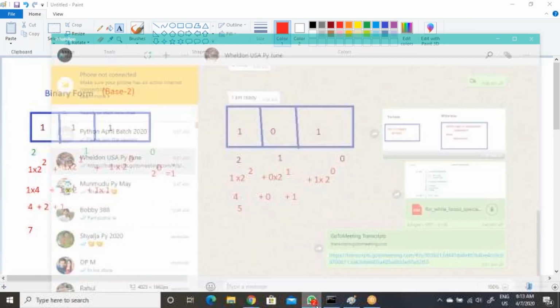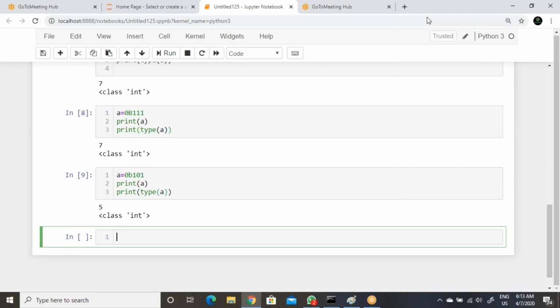Now let's see. The next method we have is octal form. Okay, so octal, the name represents itself, octal form. So the base value will be octal number. That means the base value will be 8.